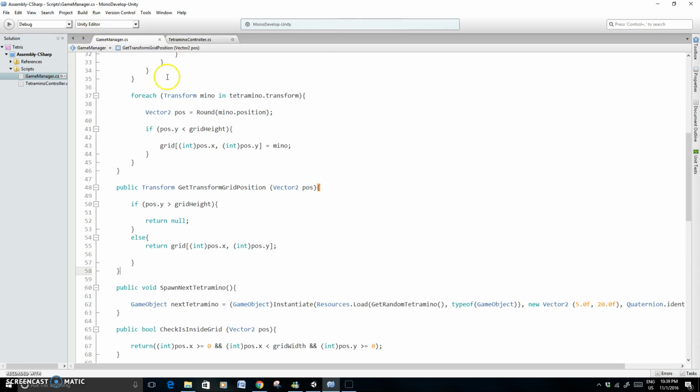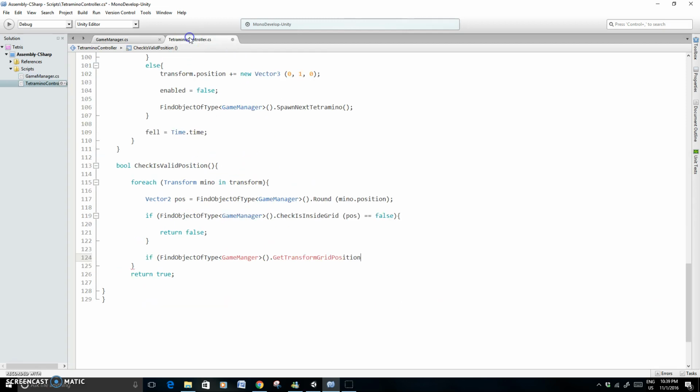I just want to make sure that that's what we called it here. Get transform grid position, and we've got to pass a Vector2. So we're going to pass the position here. Basically, it is going to be the position. Okay, there we go. So if this position does not equal, what do we say, null,